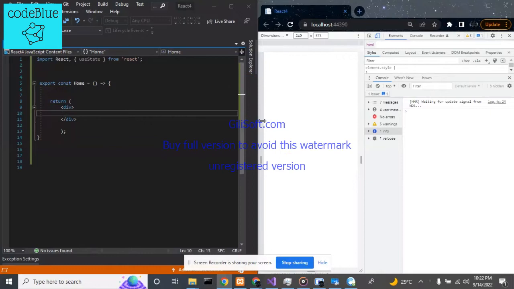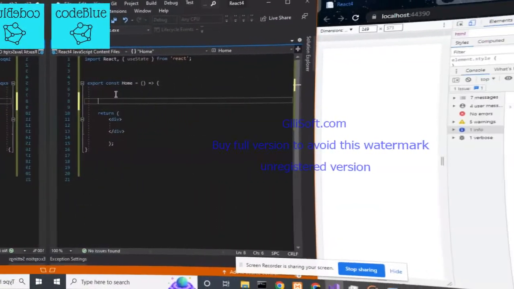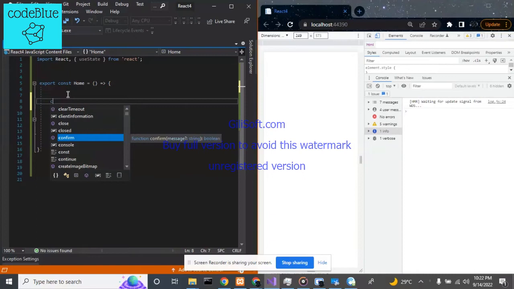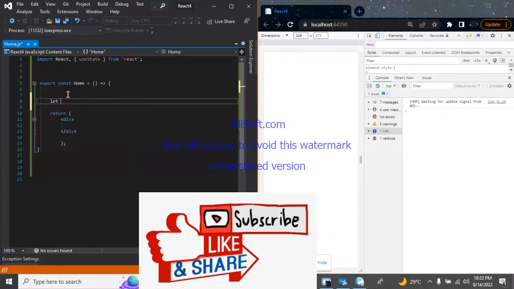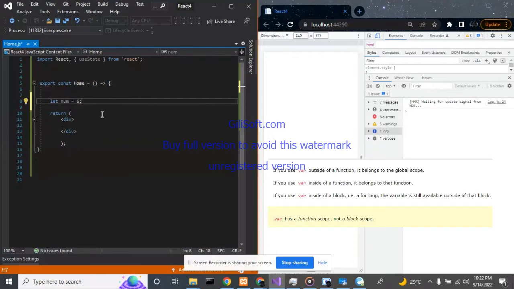Good night again. So, what we're about tonight is to show what dynamic variables are in React. We normally use the const keyword. So, we have three ways of defining a variable in React. There is the let, for instance, num equal my favorite number, or you could use the var